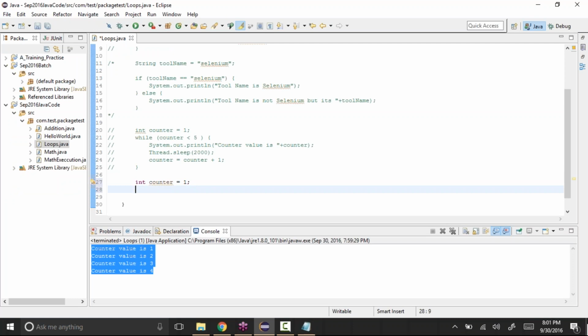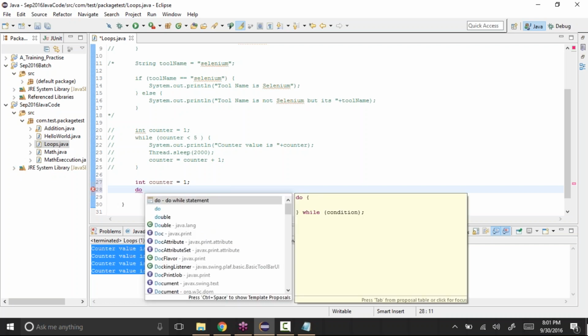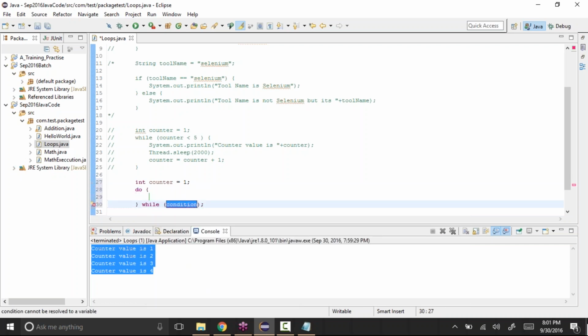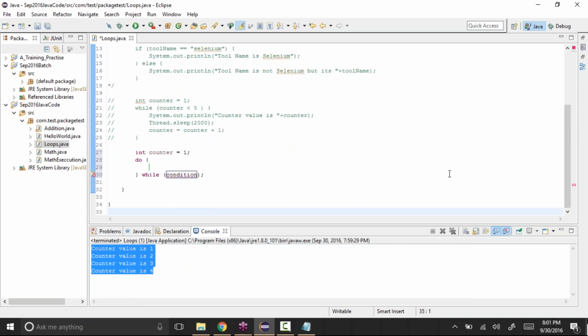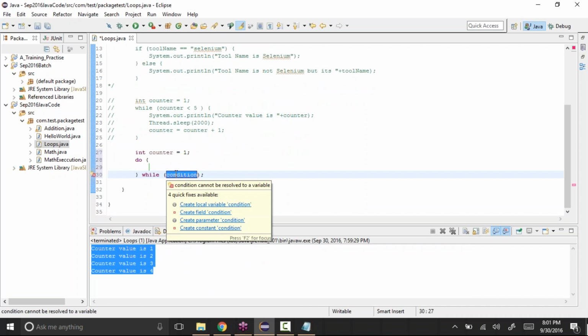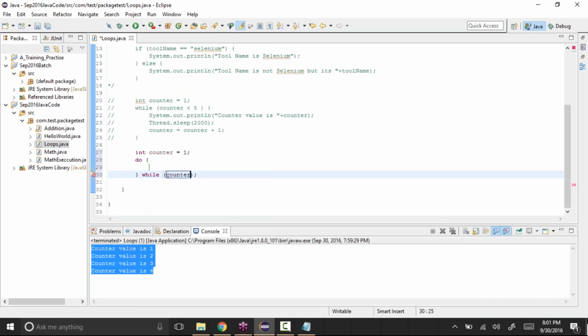Then do, and Control space, see, do while statement. Now this is the syntax: int some variable, do, open the curly bracket, close the bracket, while, and then you have the condition. So the condition is counter less than 5.